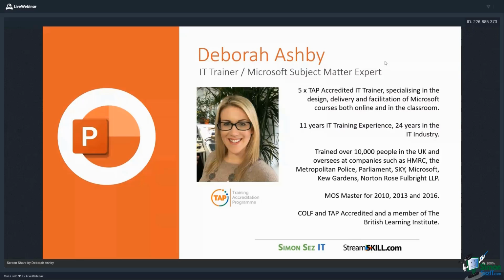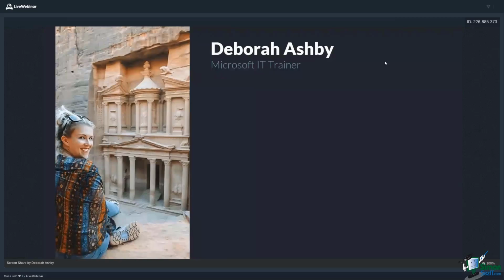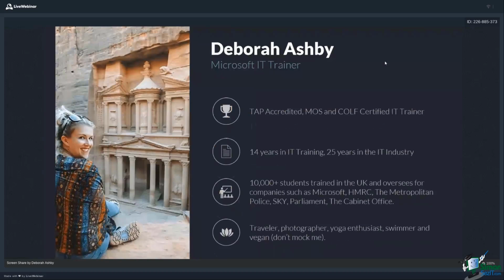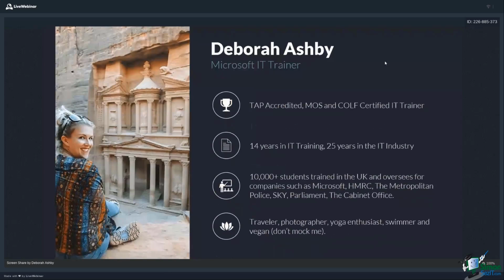So straight away, what you can see here is something that looks a little bit different. Now, the most obvious thing here is the photo that I've used. In my previous slide, I had a more professional photo, whereas now I have a picture of me on my holidays. So straight away, for anybody who's looking at this presentation, they get more of a sense of who I am because I'm showing them things that I enjoy doing.